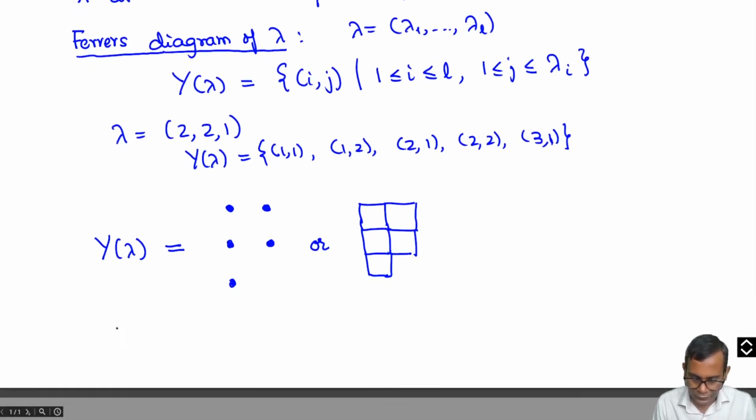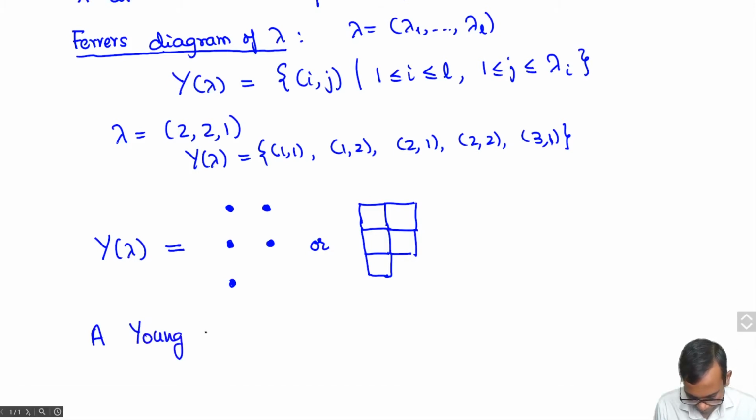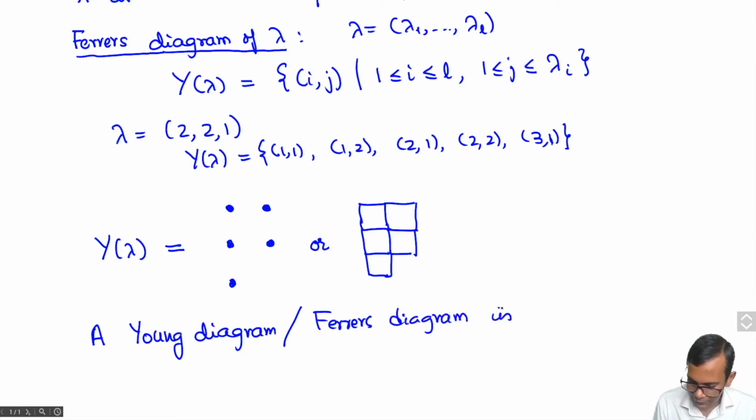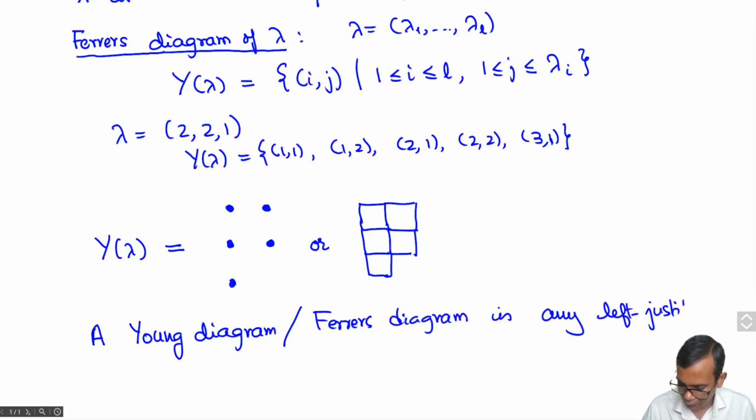And in general, a Young diagram or Ferrers diagram is any left justified array of dots